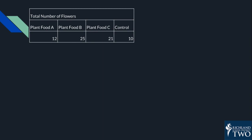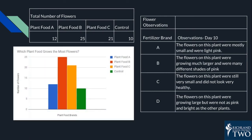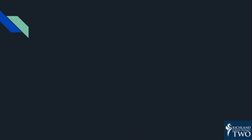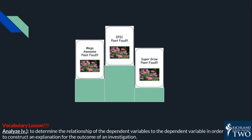We might also be interested in the overall health and appearance of those flowers. So we would also want to write down what we observe about how the flowers grow each day. And then we take all this data and organize it into charts and graphs. And once we have all of the data and we have organized it into charts and graphs, we are ready to figure out the answer to our question. But where does that answer come from? Well, we analyze the data to figure out which plant with which fertilizer developed the most flowers. And that gives us what we need to answer our